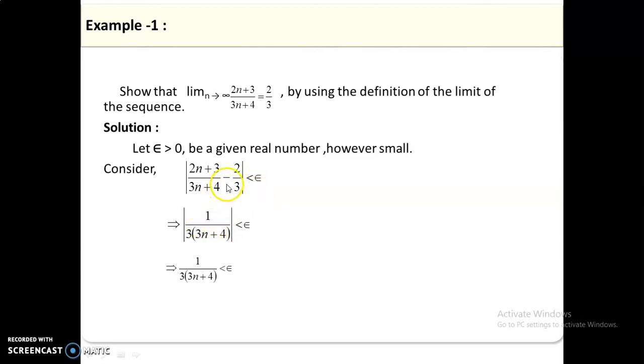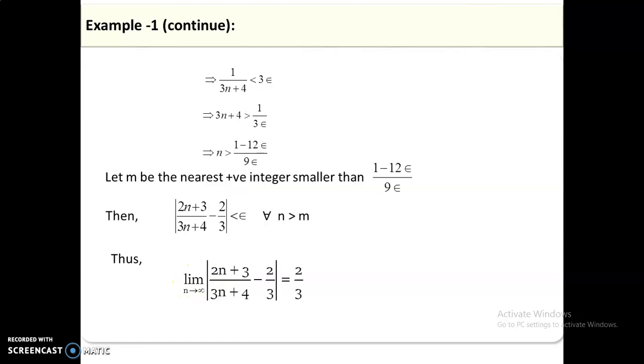Once we simplify that, it gives 1 by 3 times (3n plus 4), that should be less than epsilon. So it means, if you take the 3 to this side and then take the reciprocal,